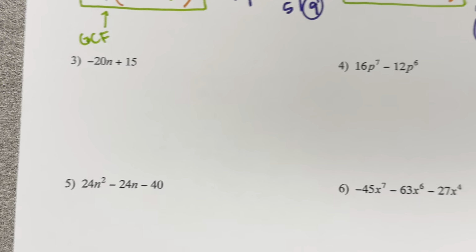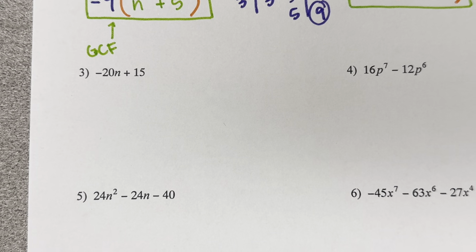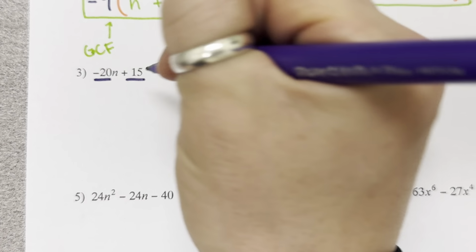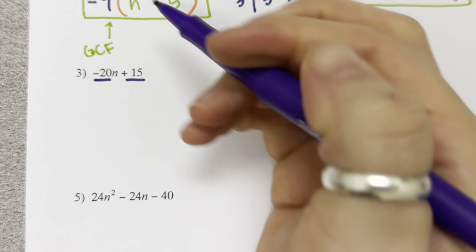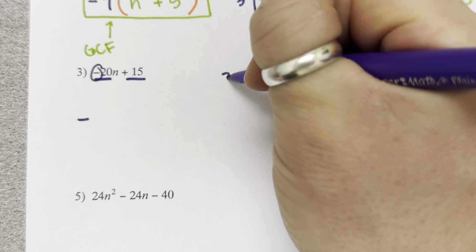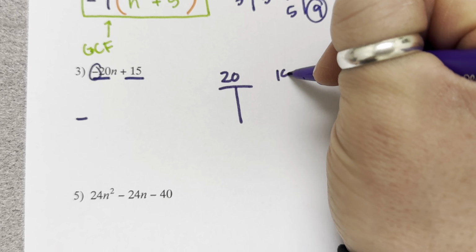Beautiful. Okay, let's look at number 3. Look at your coefficients. So I have negative 20 and 15. Again, that first term is negative, so I'm going to go ahead and take out that negative and now just find my GCF between 20 and